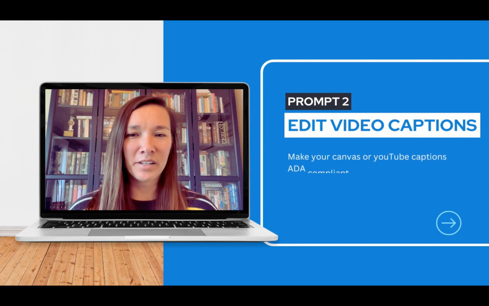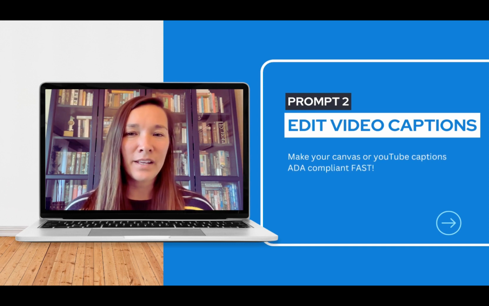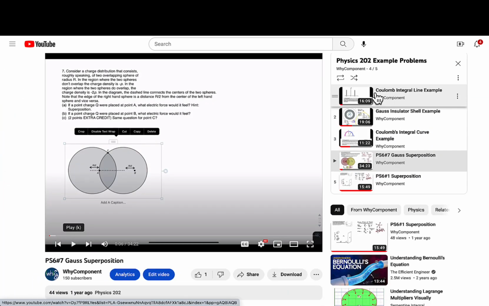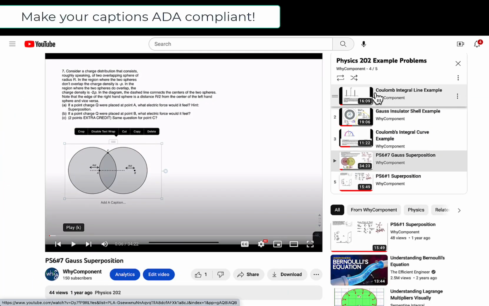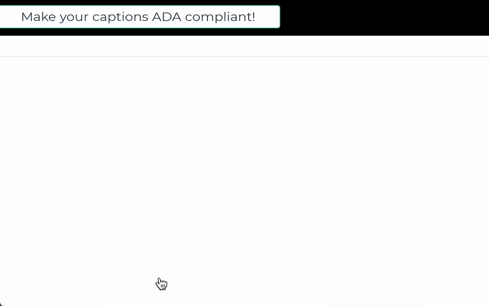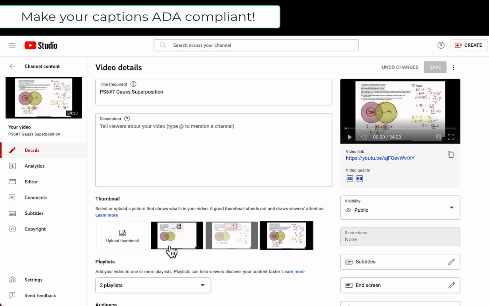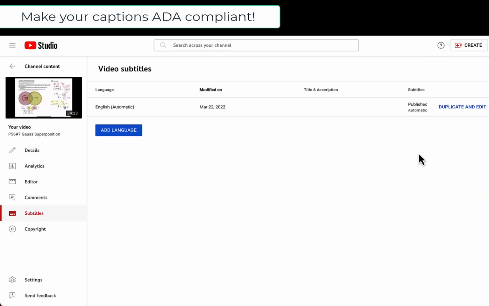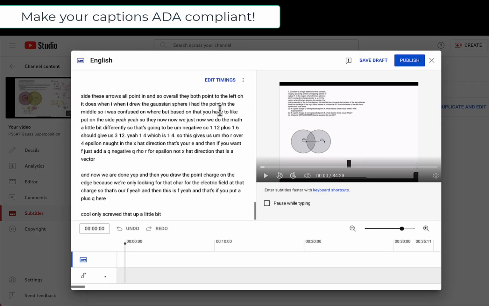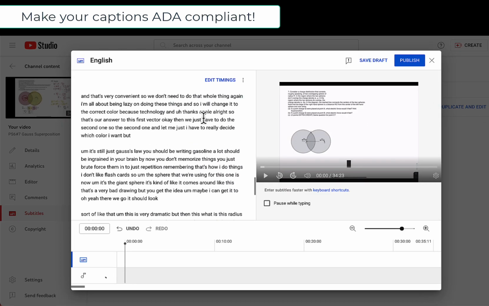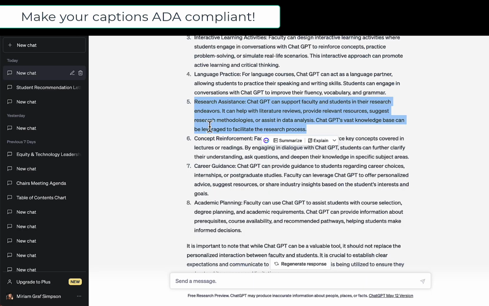Are you auto-captioning your videos with YouTube or Canvas Studio? ChatGPT can make sure they're ADA compliant in minutes. Okay, so let's say you have a video in YouTube that you want to correct the captions for. YouTube auto-captions, but it doesn't always meet ADA compliance, especially the punctuation, spelling, all of the capitalization, all of that stuff. So you want to go to the video details, you want to go to subtitles, and you want to edit. Okay, you can edit these by taking all of this, select the whole thing, copy it,